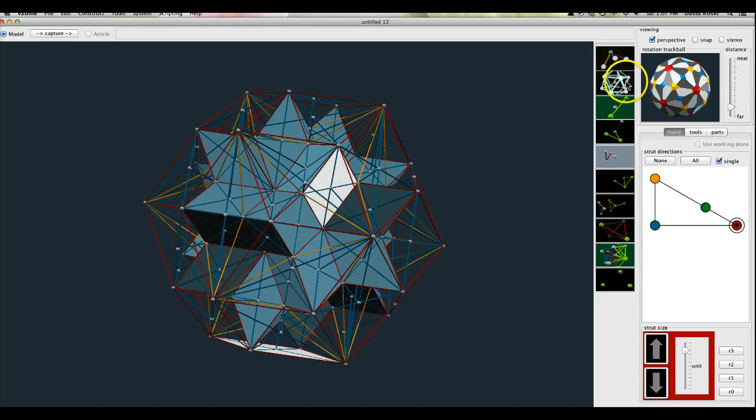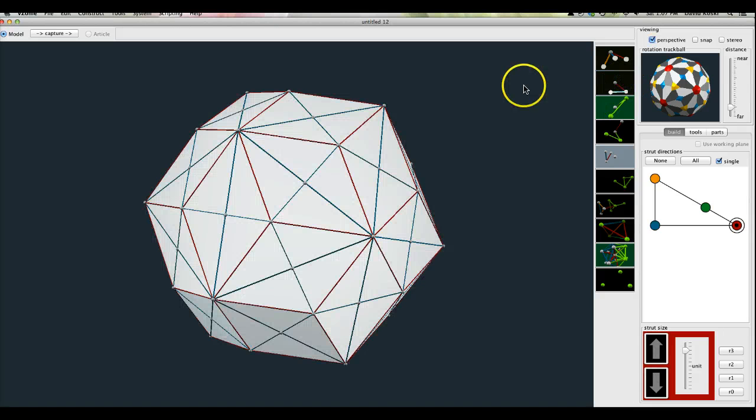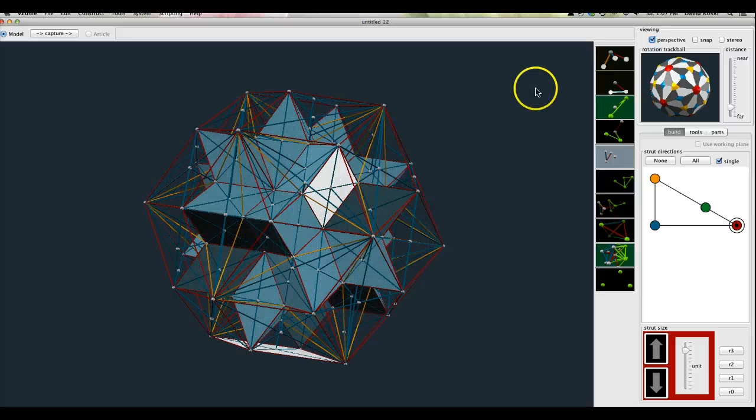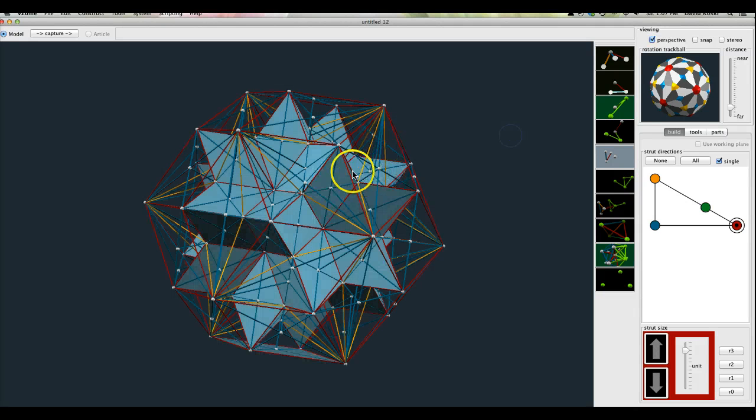The shaded portion is, oops, I don't know how that happened. I didn't want that to happen. I just wanted that to happen. Yeah, that form there,